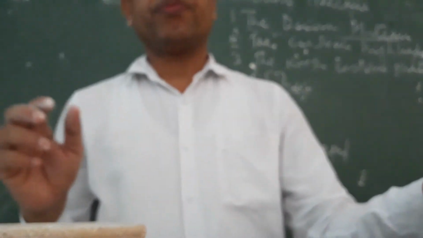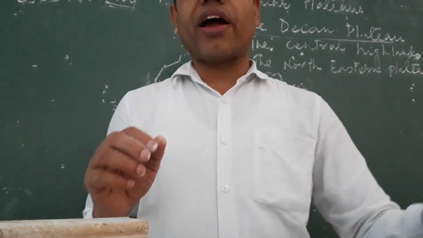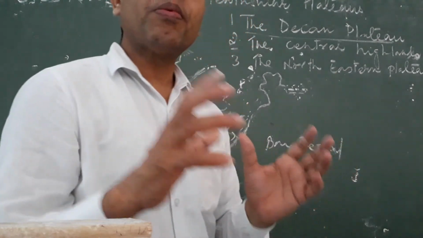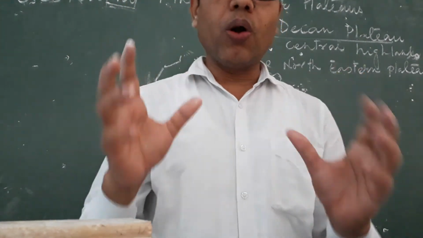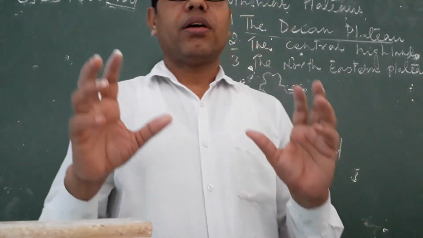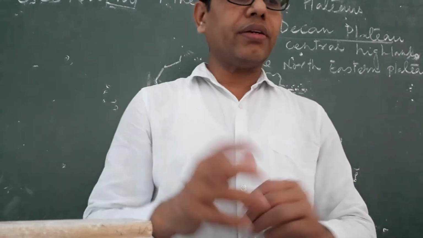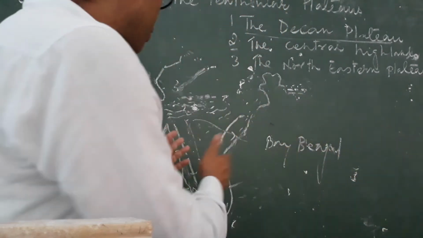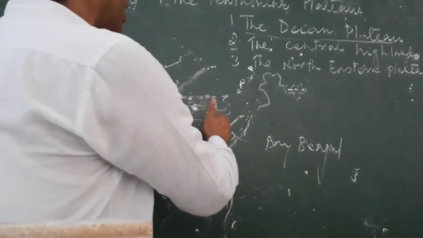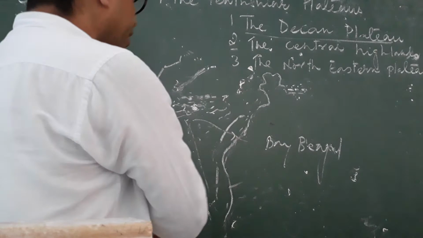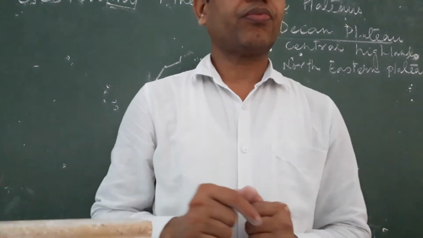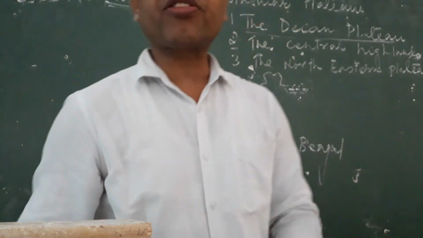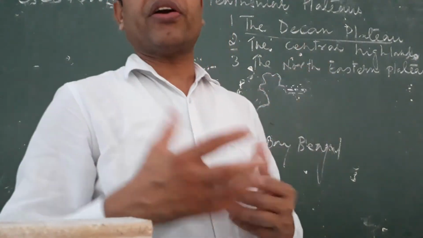This Deccan Plateau looks like a triangular shape and is a part of the peninsular plateau. It is an old and stable plateau land. It is bounded by the Western Ghats, Eastern Ghats, Satpura Range, Maikal Range, Gir Range, etc. Its average altitude from the sea level is about 600 meters,